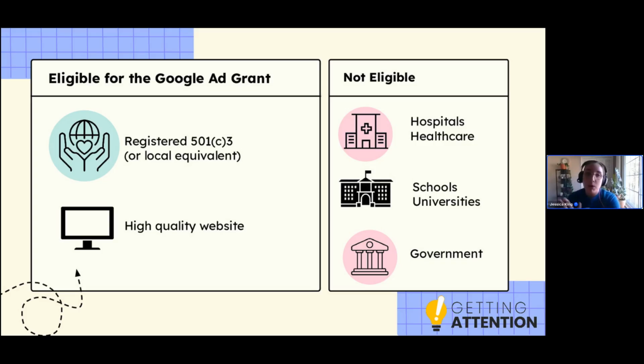Usually, like I said, the vast majority of modern websites already have this taken care of. If you find that you do not have your SSL certification up to date, it's worth getting in touch with whoever manages your website because that's super important. That's something you will want, irrespective of whether you go on to use the Google Ad Grant or not. But unless you're rocking a website from, I don't know, 1998 or something, you probably already have that box checked. So great, we did that.